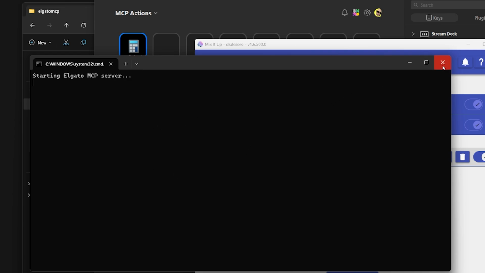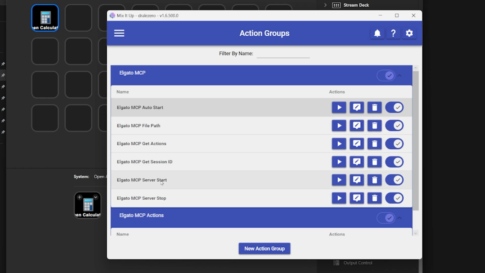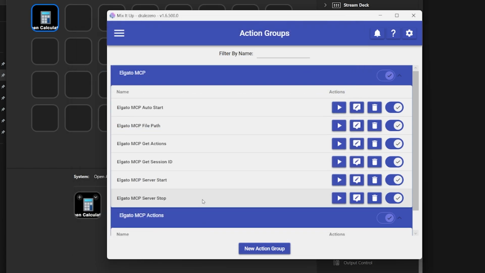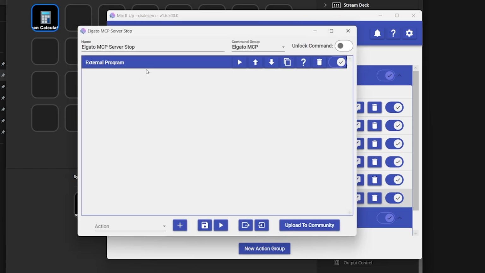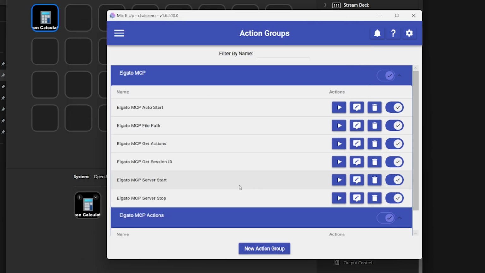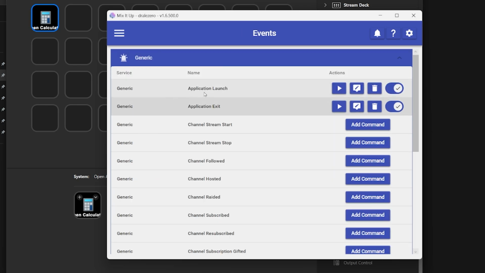But if you want to hide it, you can go into your Mix It Up actions under the server start external program, uncheck show window, save that, and do the same for server stop. The normal way to stop the server is to close that window. So if you start it hidden, you have to use this stop. But if you've got it set up with the application launch and exit events, then you shouldn't have to worry